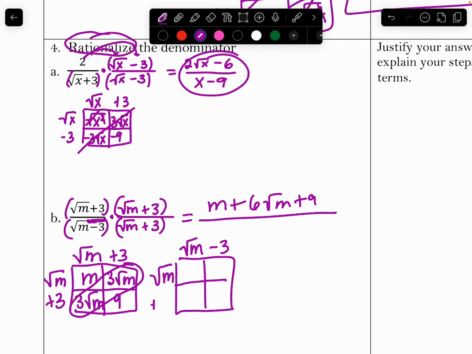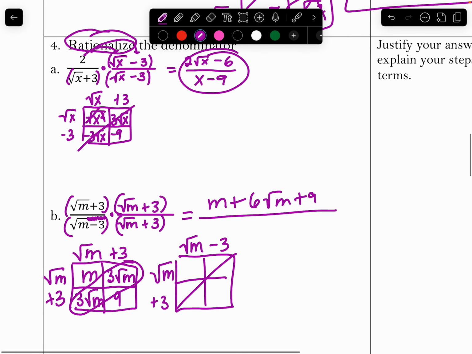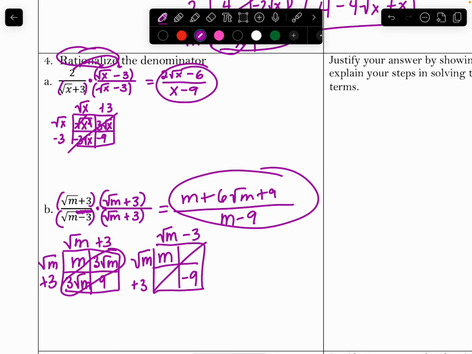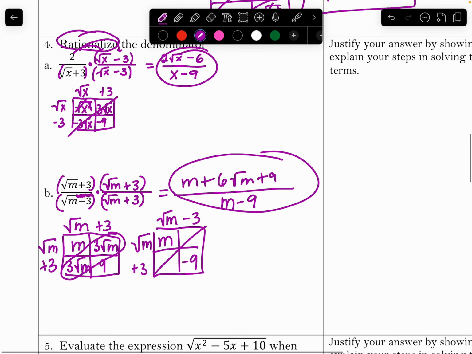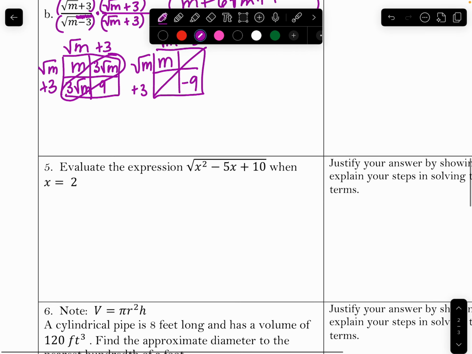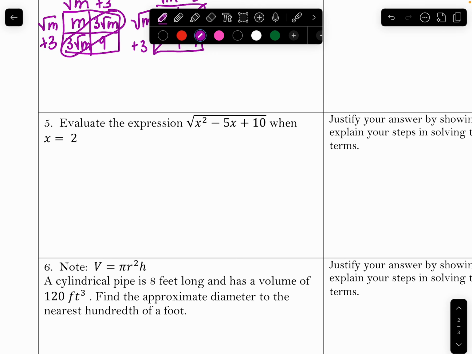So m plus 3. Go ahead and pause here and try to do it on your own, see if you're right. So then in your box, you don't even need to do this part in the conjugate because it's the same, but opposite signs, difference of squares. This is m, this is going to be negative 9, m minus 9. I mean, feel free to do it, but if you see the pattern, you don't need to. Alright, number 5,